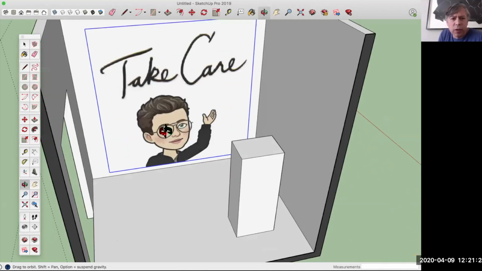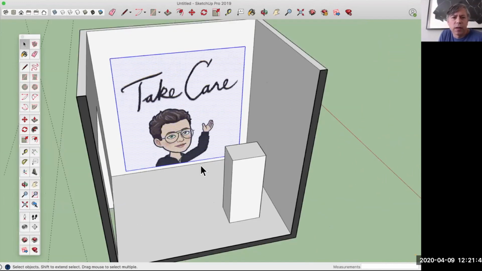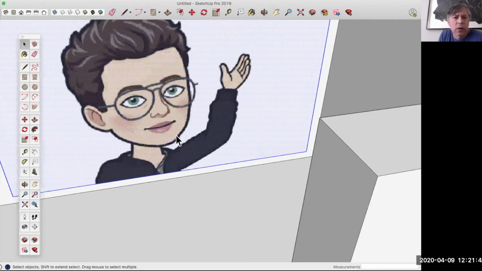If you have an image, you can right click on the image and explode, and that allows you to edit things in the image. Right now I'm going to cut the emoji out with the line tool,